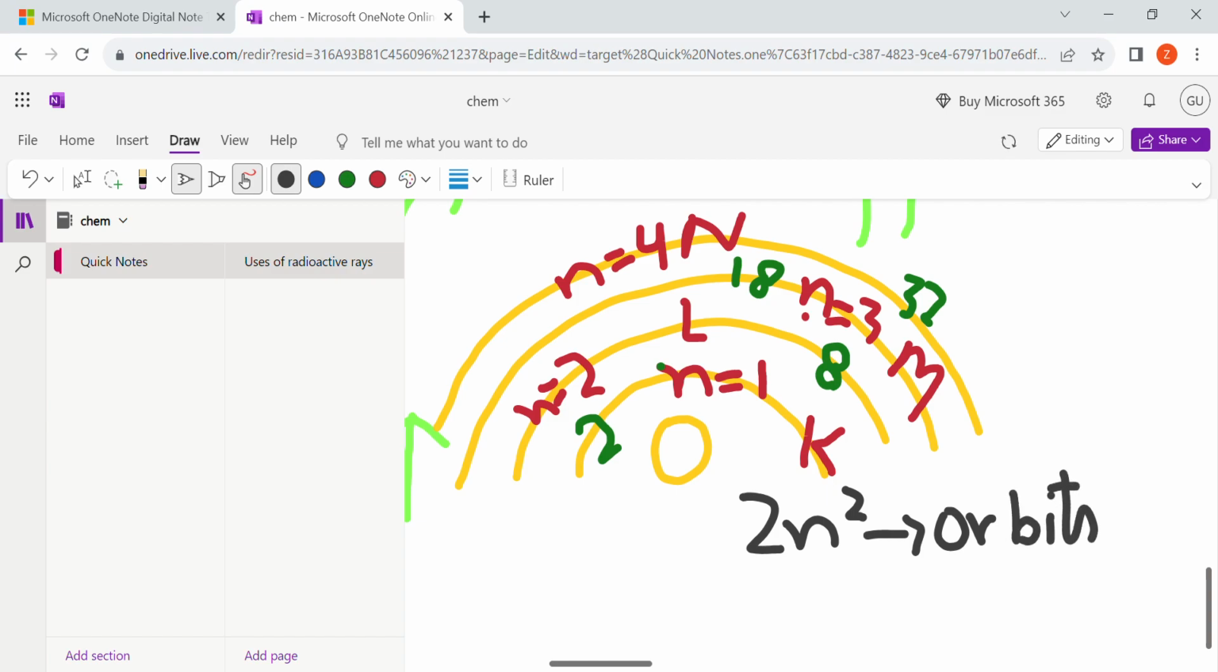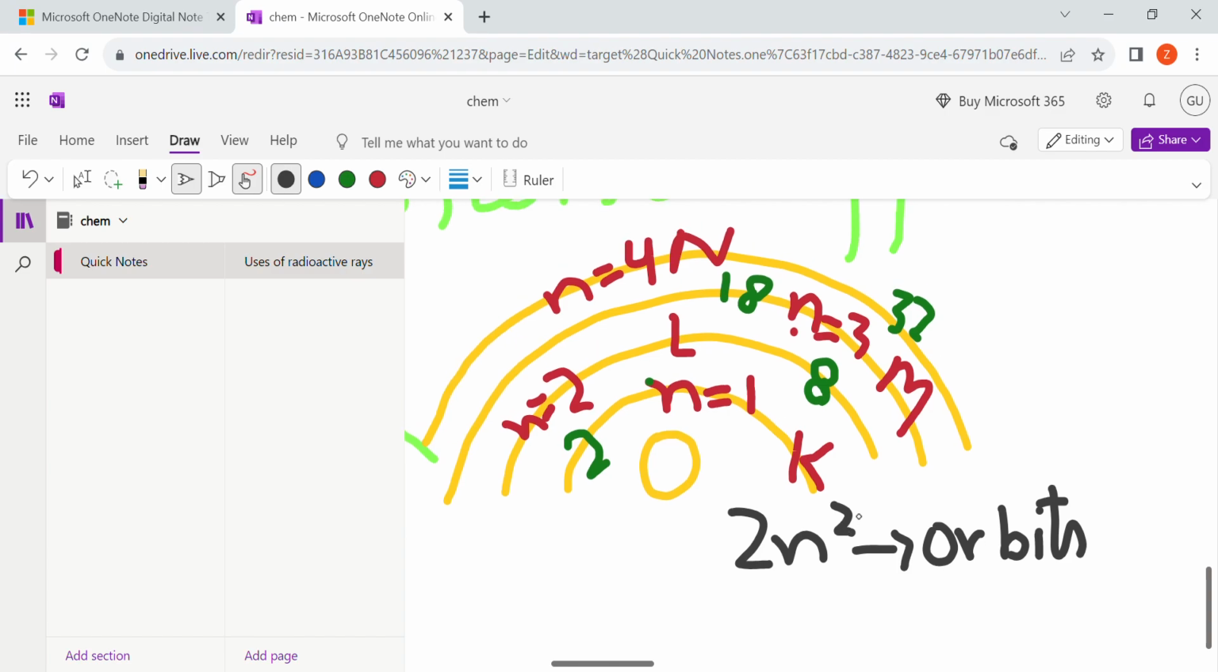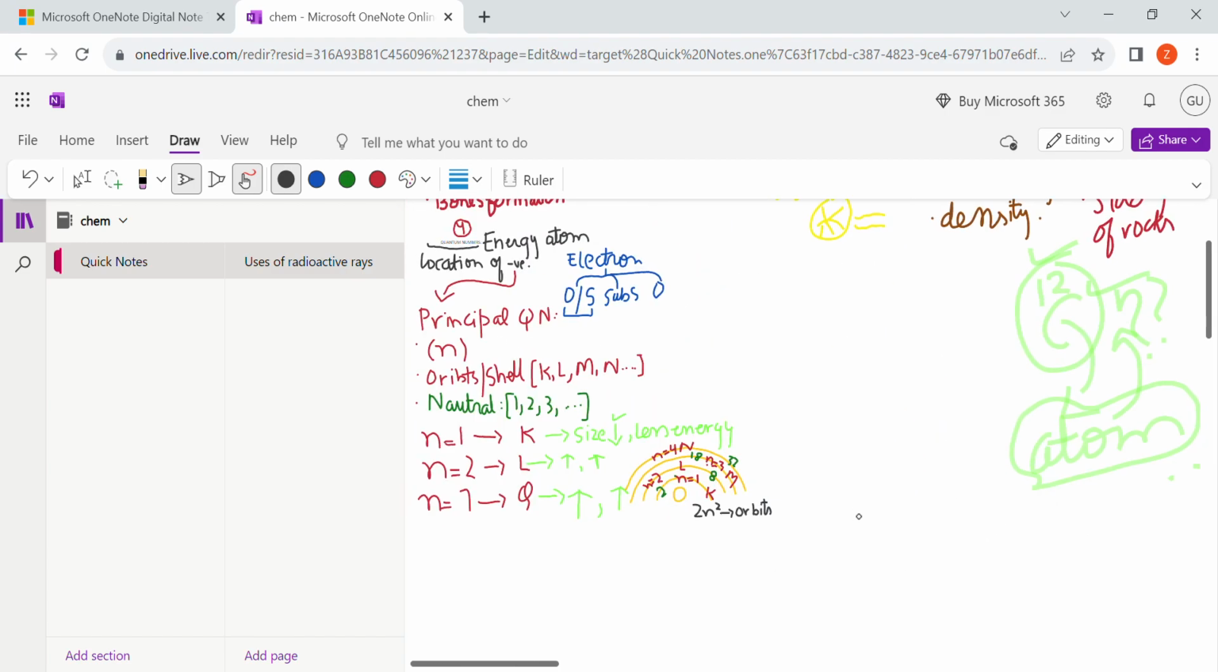I hope you are getting it. Now we are done with the principal quantum numbers. Now we're going to look at another